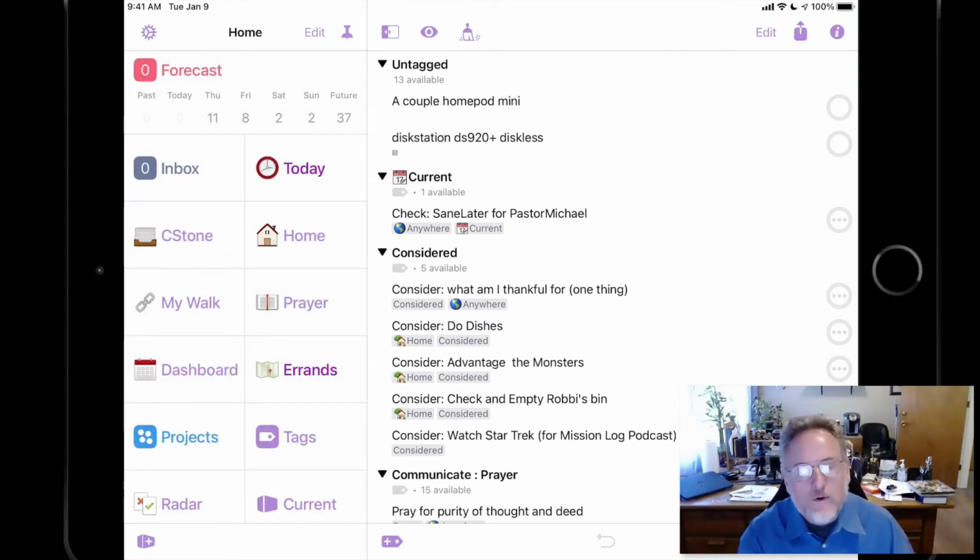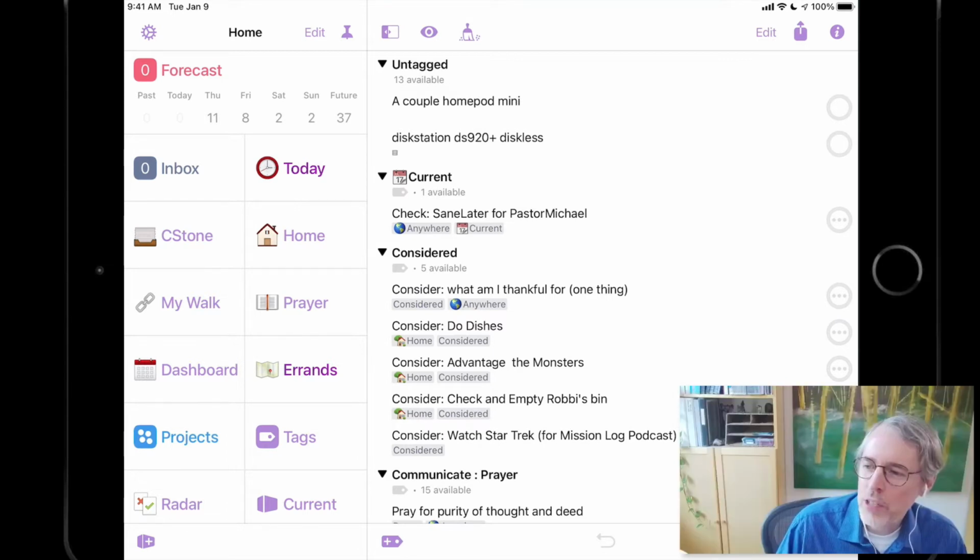People have said, well, why don't you do it on the phone? Yeah, I do it on the phone. I got OmniFocus everywhere. I got OmniFocus on my watch. But you can do slide over and split screen on the iPad. So even on the iPad mini, I can have OmniFocus and email open at the same time. I can have OmniFocus and even MindNode open at the same time and slide over email. So I have more opportunity to see more apps and more information on an iPad mini than I can on my phone.